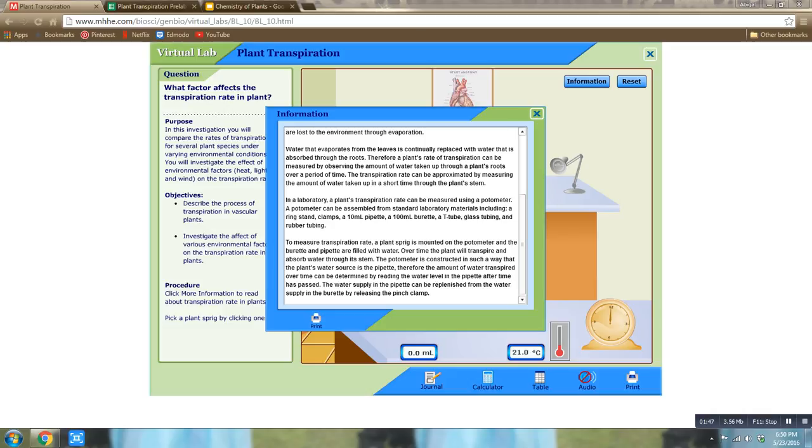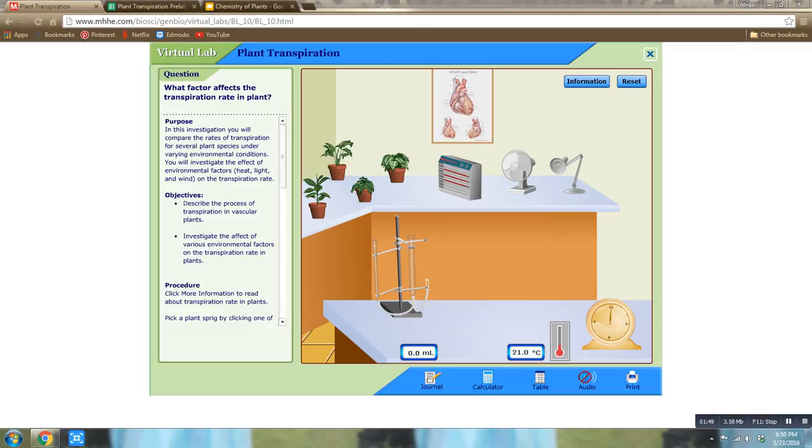In this virtual lab, we're going to find out what factors affect the transpiration rate in plants. We're going to be looking at environmental factors such as heat, light, and wind. We're going to go through 4 plants and compare their transpiration rates. So we're going to start with the rubber plant, and we're going to see its regular transpiration rate, which is 4.9. Then we're going to add the heater,